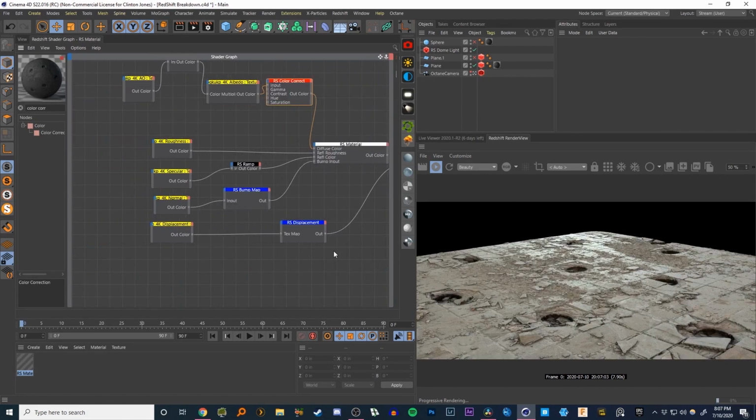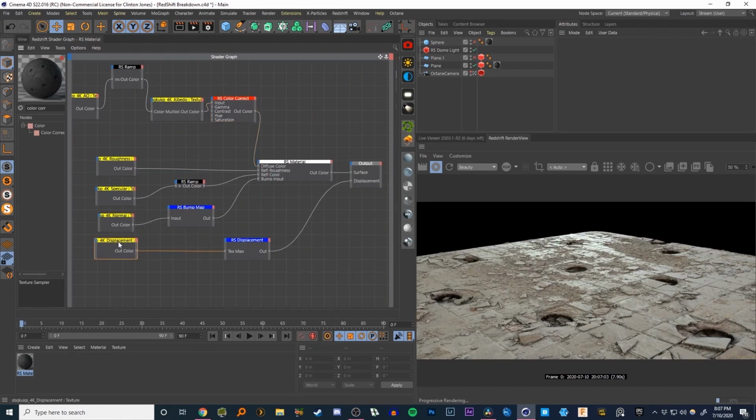And very similar to Octane, when you're piping in your displacement, you're going to want to use a displacement node as well. So you would just come into the search bar here, type displacement, grab your displacement node, pipe that in, and you'd pipe that into the output. You're just going to drag this node right up into here. And boom, displacement, it's already set and you're good to go. And the same is true for normal in Redshift. You'll want to use a bump map and use that as your input straight into your bump input on your